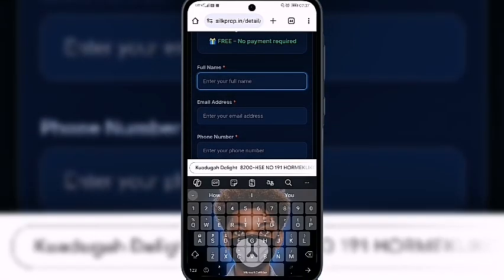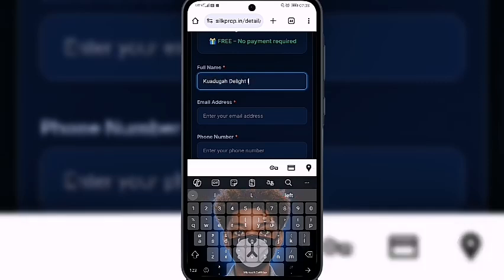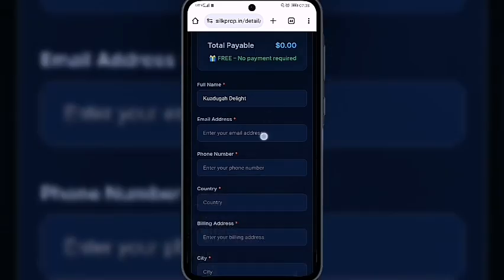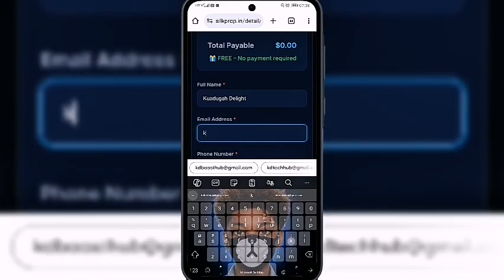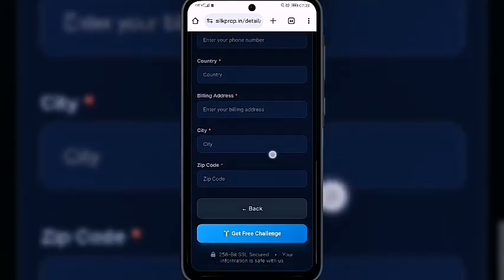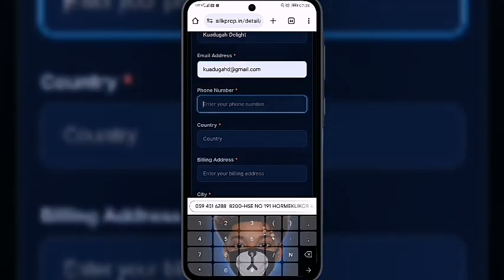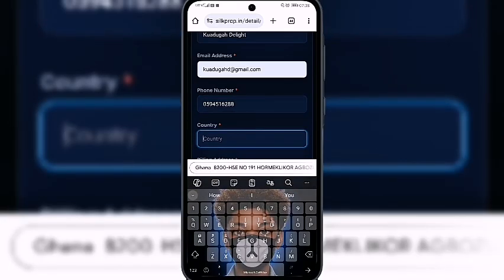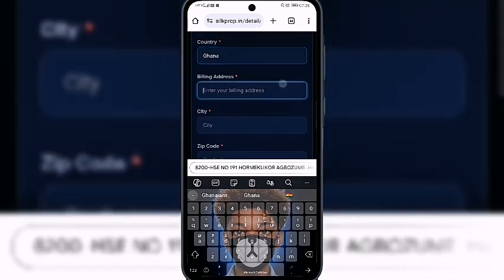which I'm going to be taking some time to complete over here and then get back to you guys. And then you enter your country, your billing address,